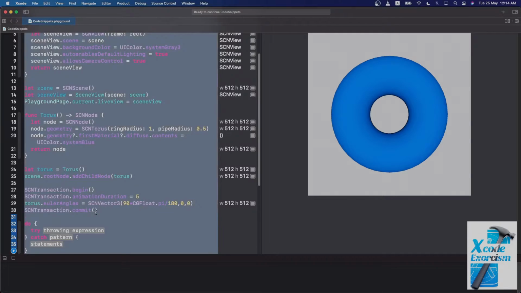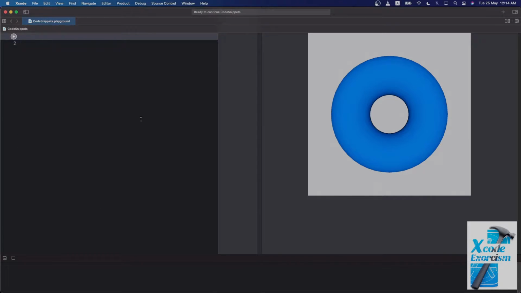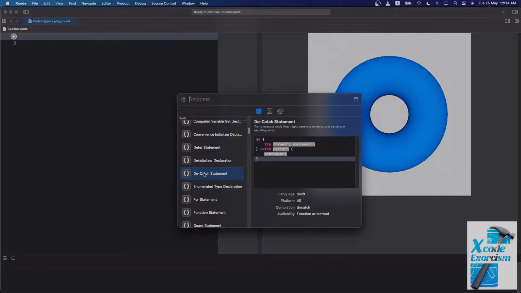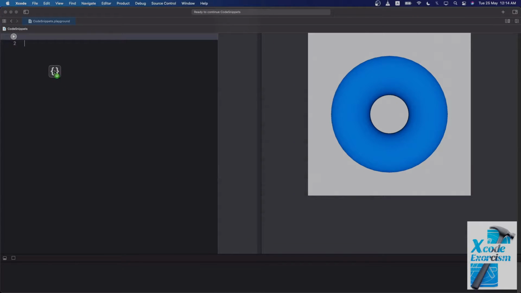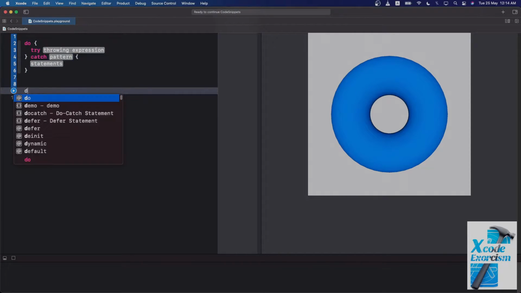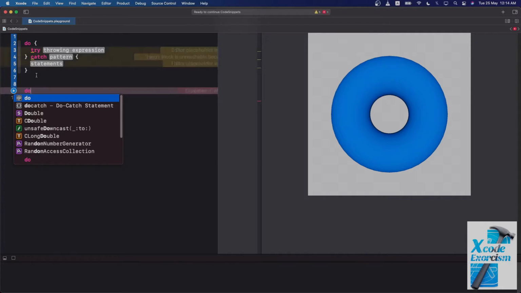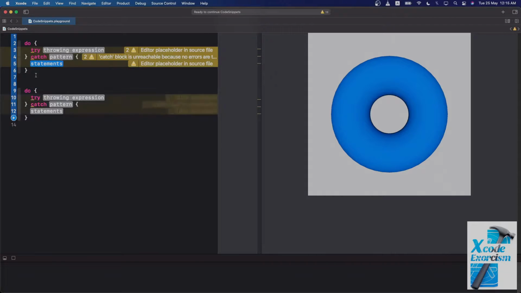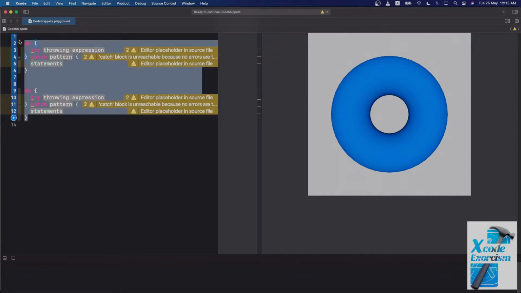So let me clear out everything. Let me go to the editor window, choose create code snippet, and then select the do catch statement block again and drop it. This is the same IntelliSense you get when you type some keywords and select that curly brace here. If you notice those curly braces, that means some autofilling feature is available. If you select that, it is the same piece of code which we got from the code snippet library. So let us go back.